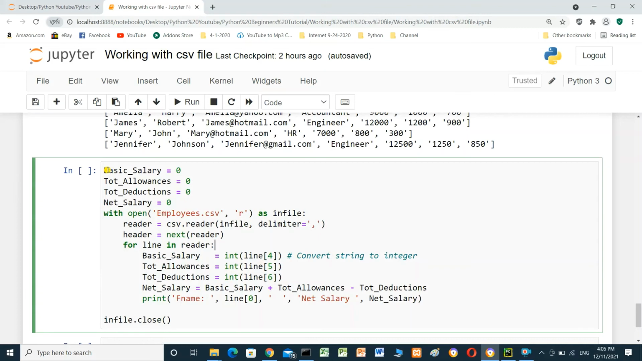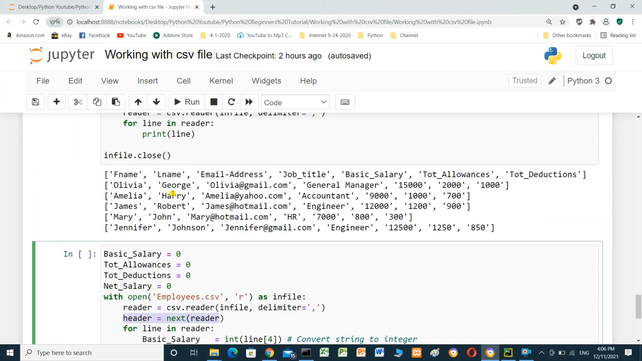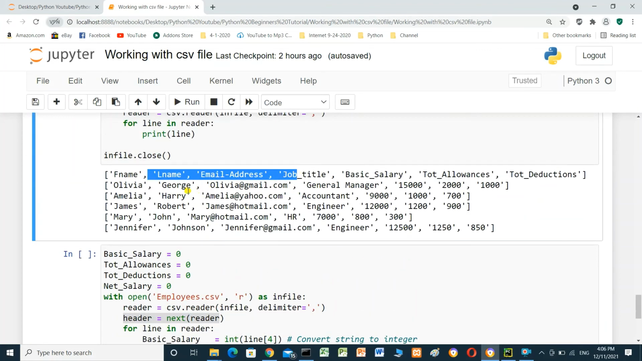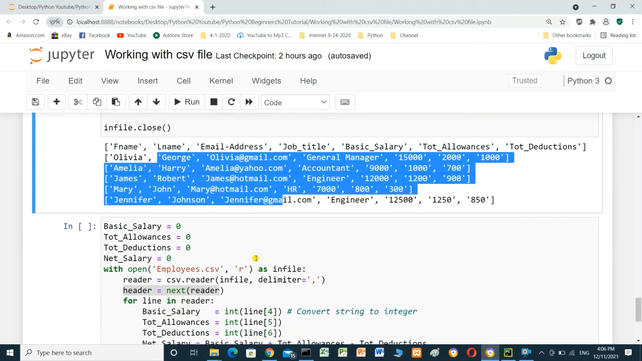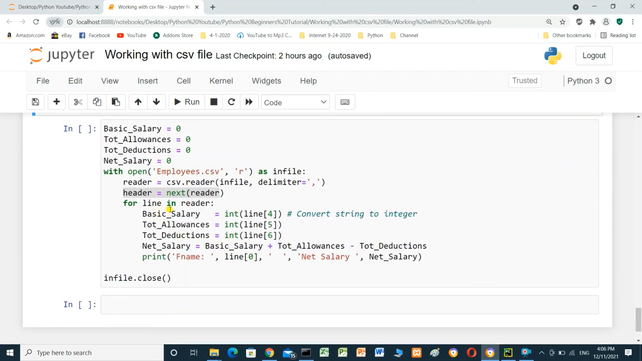We will declare some variables here. Basic salary equals 0, total allowances 0, total deductions 0, net salary 0. With open employees.csv, comma, read, mode R for reading. Reader, csv.reader in file, delimiter comma. Header, next reader to skip the header. We will work with data, not header. For line in reader,